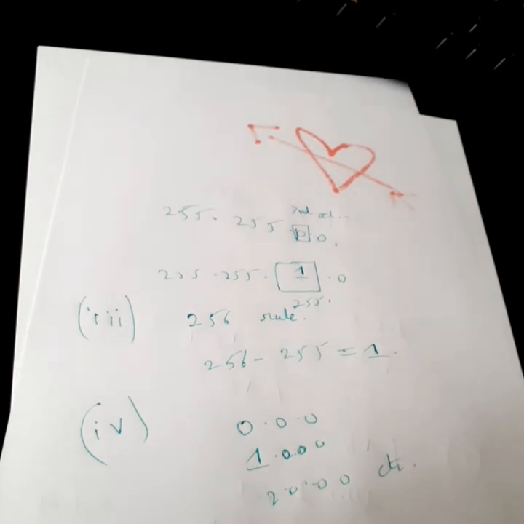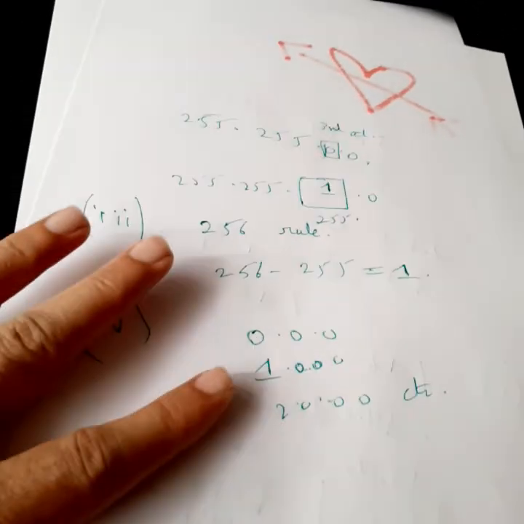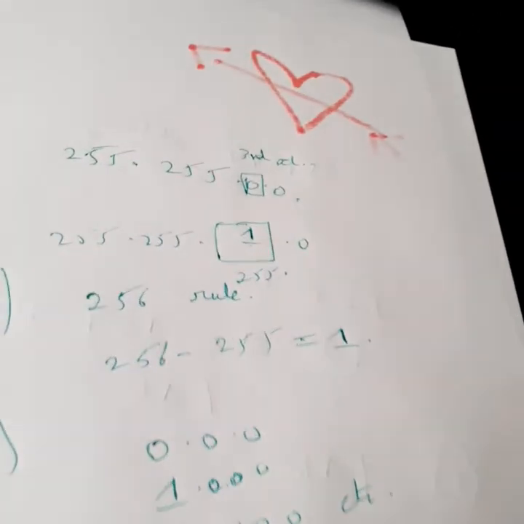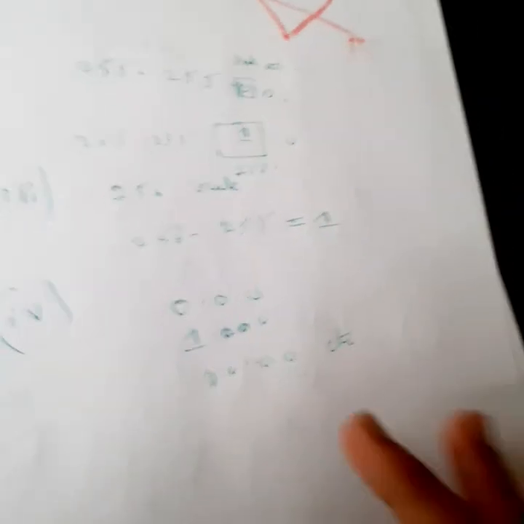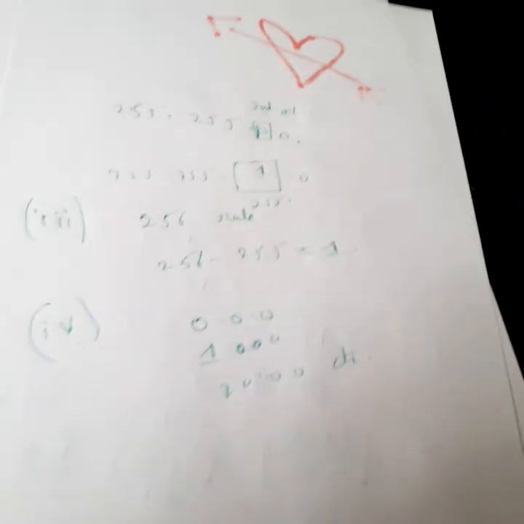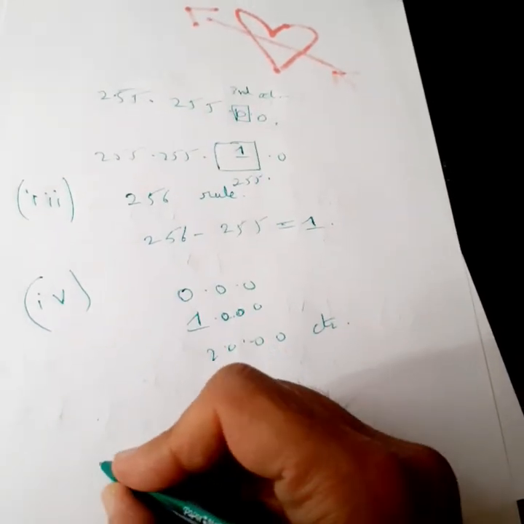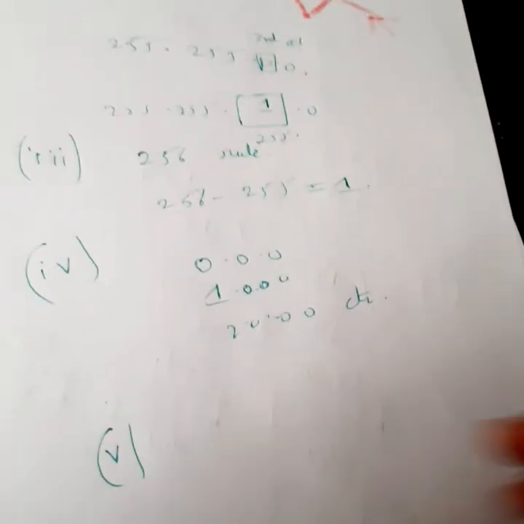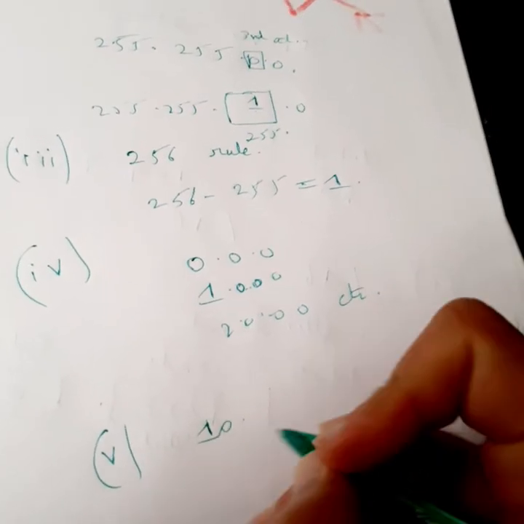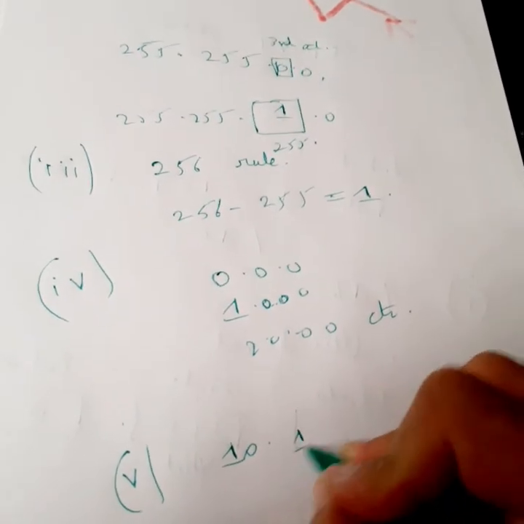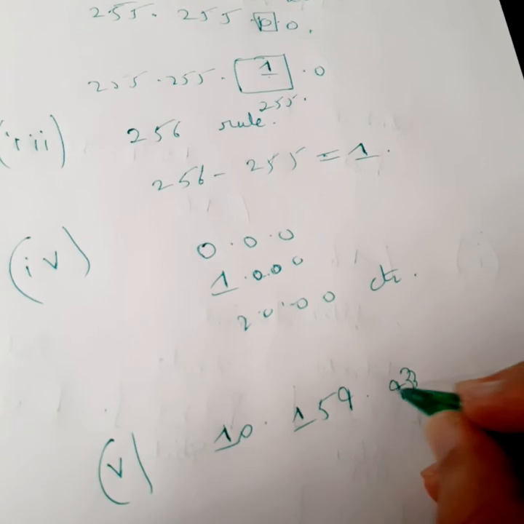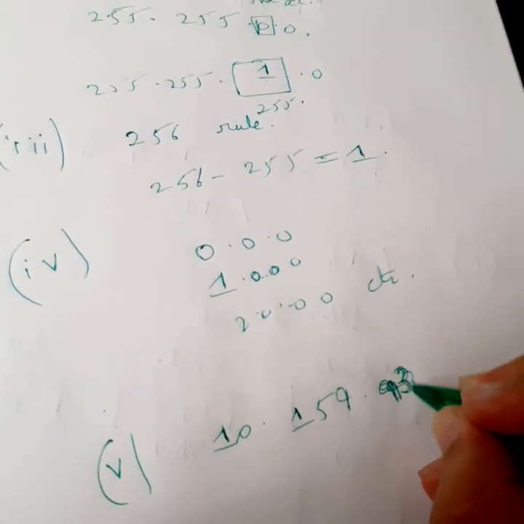Now what we are more interested in, because these are obviously our ranges and the subnet mask, is to find the subnet. So let's assume this. What we need to do is have a quiet and a clear look at 10.159. That was the IP address that was given to us. Remember? Yeah, you did.